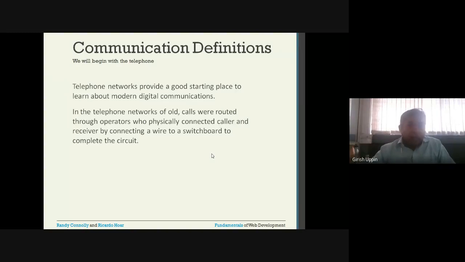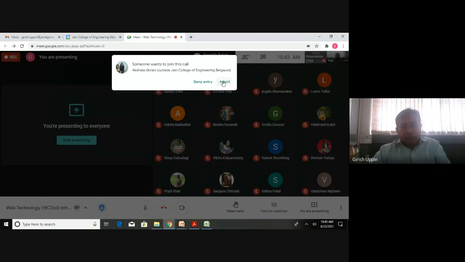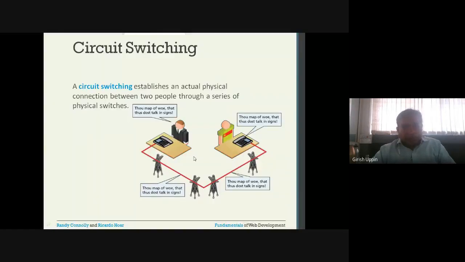He would connect the caller to the receiver. So this is circuit switching. It establishes a physical connection between the two telephones, and that is how they can make a call through a series of physical switches.